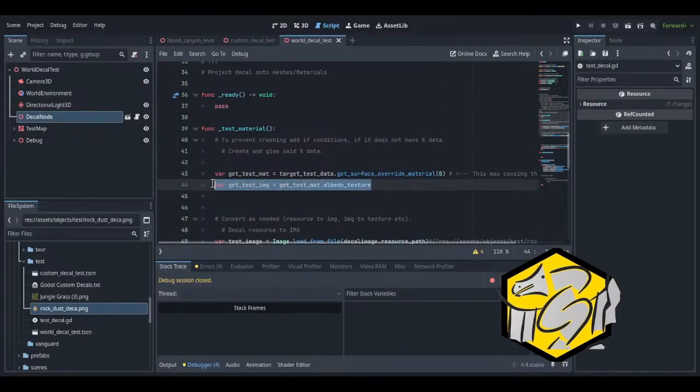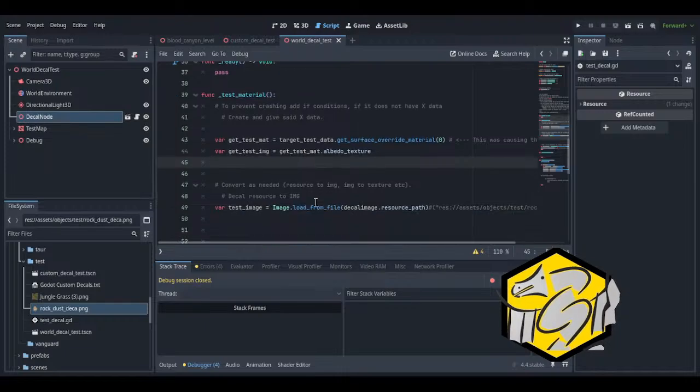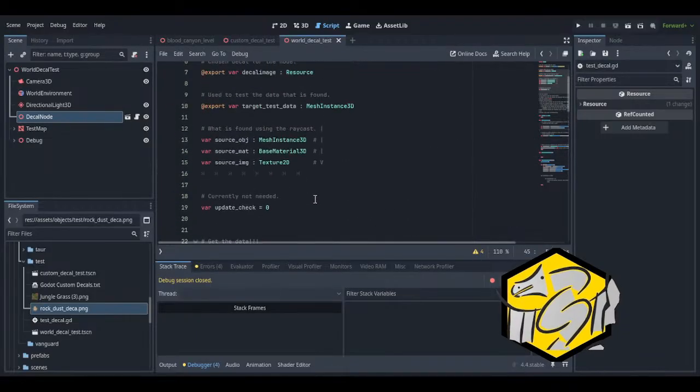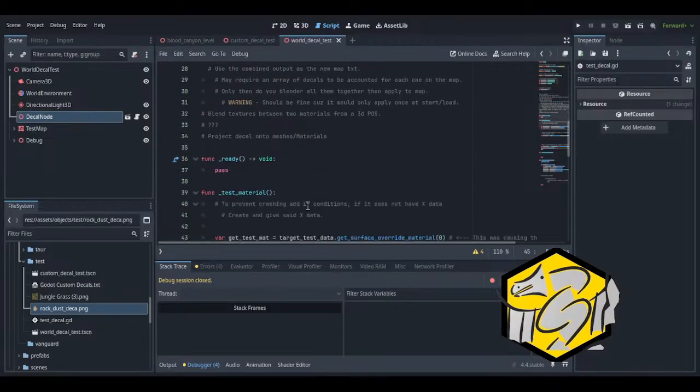Got the texture. Maybe this texture. Well, no, yeah, it has to be a texture. It's albedo texture. Maybe I need to make it, because the var was an image.